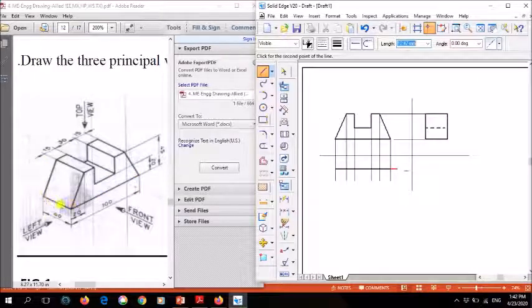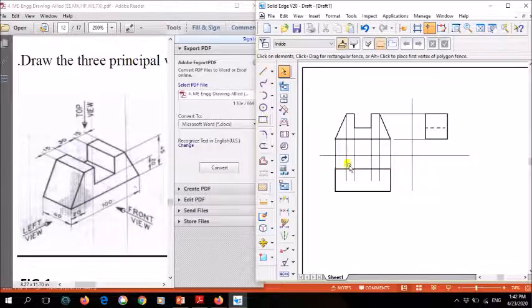Now this width, how much width is it? When you're seeing from the top, this width is visible, right? How much width have they given? It is 40 mm. Same way again, from here to here you have to draw it like a box or a rectangle. 100 mm it is, and then finally complete it. So this is your top view.